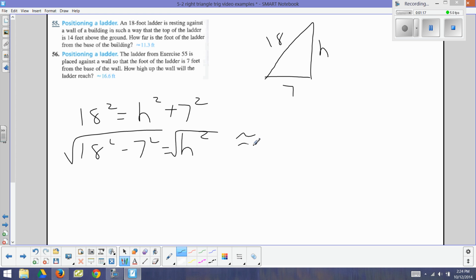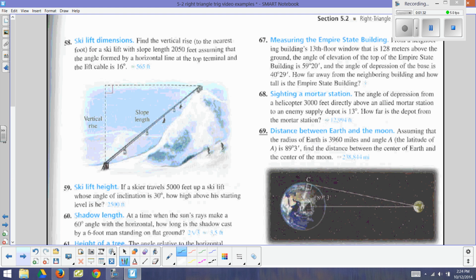And you get approximately 16.583. And it's in feet. So this was feet. This was feet. Next one,